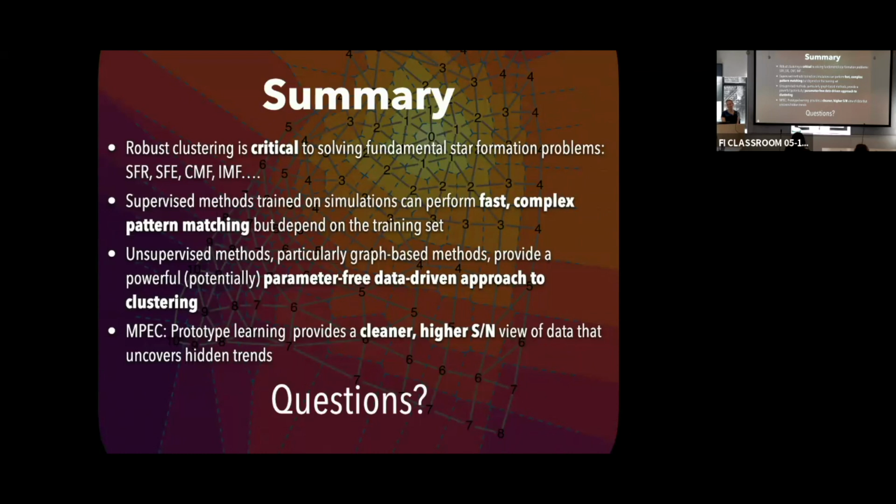Yes, go ahead. Well, lovely talk. A lot of details that I didn't know. I was wondering, you showed in the end that the unsupervised method is also applicable to Gaia data and to other data. I kind of wondered, where does it stop? When do you think it's no longer applicable, or where would you say, okay, maybe hold off on using this kind of approach, or do you say no, actually just go and apply it to whatever